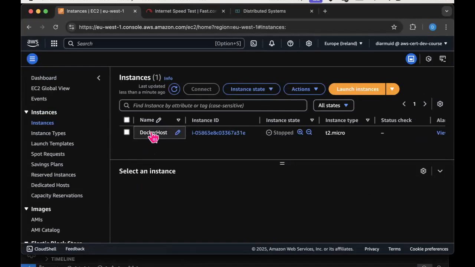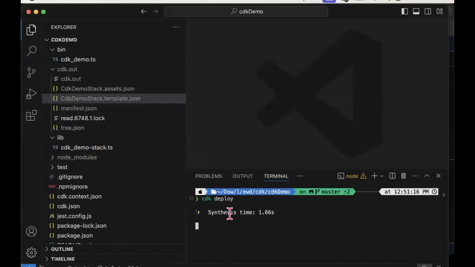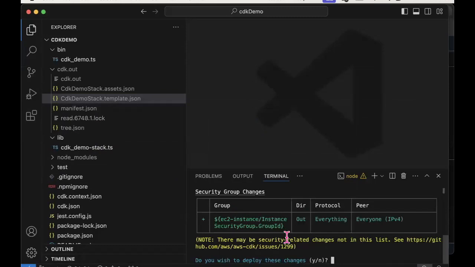This is the EC2 instance that we used in the Agile module in the previous semester, but you can see the instance is stopped. So effectively, I don't have any running EC2 instances. If I go back here and hit return, it's asking me if I'm okay to go ahead with the deployment. I say yes.